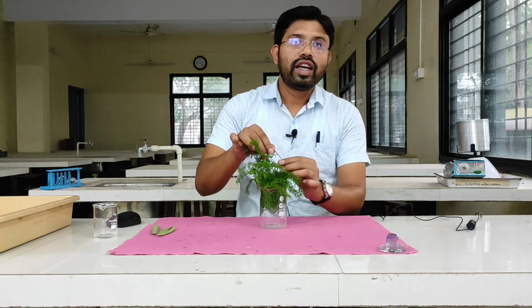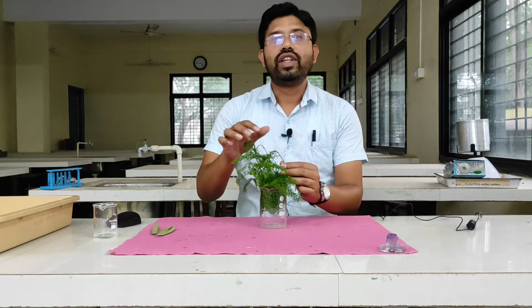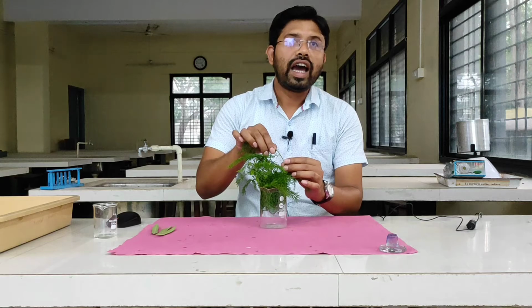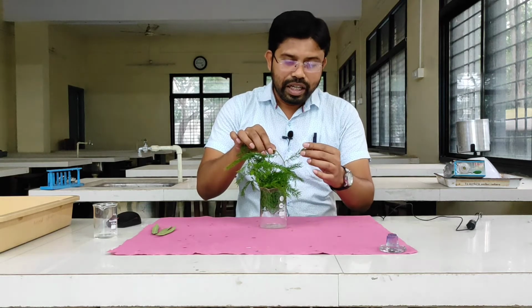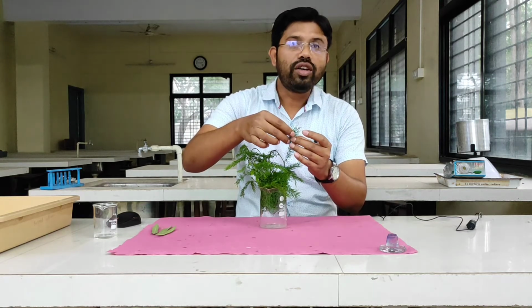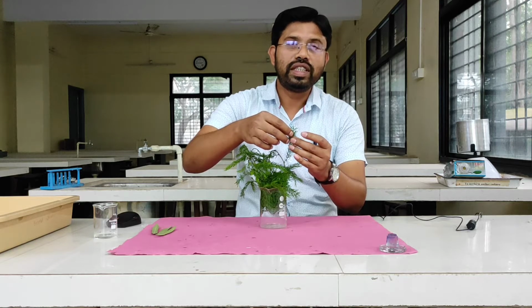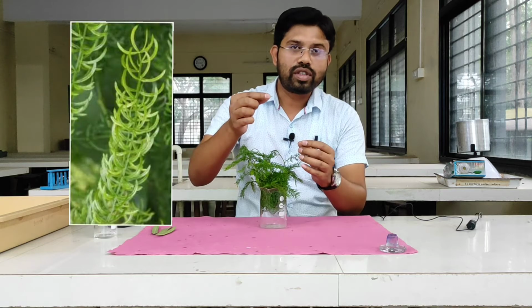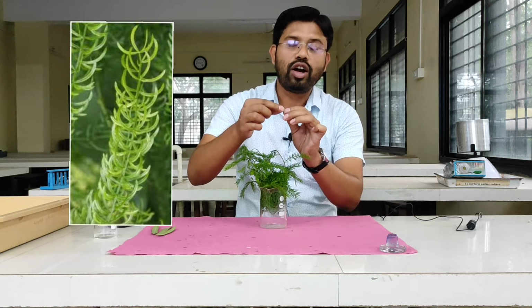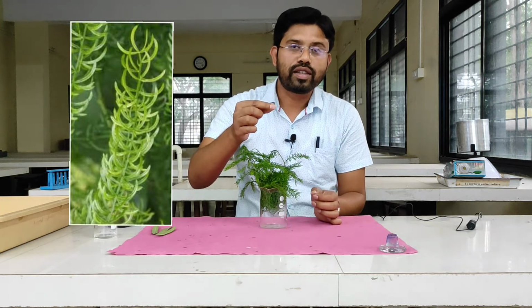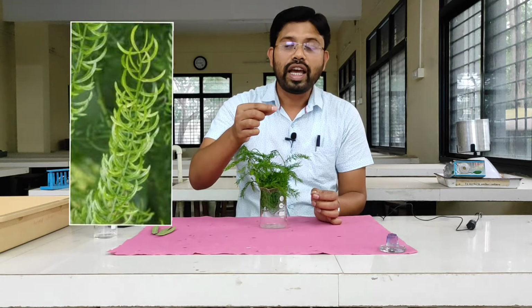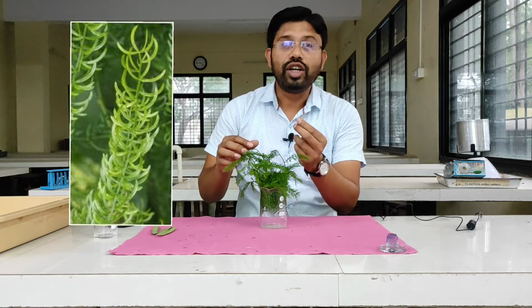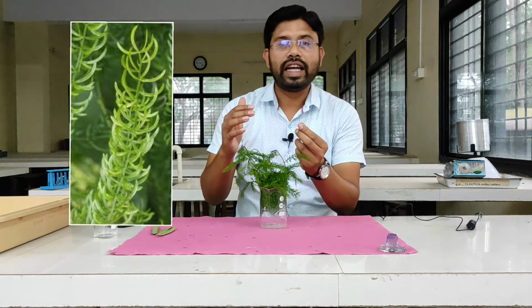At the nodal region of the leaf you can see a branch arises. Now these leaves get modified and are reduced to scales. And here you can see these are the cladodes, which are one of the adaptations of xerophytic plants. It is a modification of leaves, and due to this the transpiration loss of the plant gets reduced, meaning the water loss of the plant gets reduced.